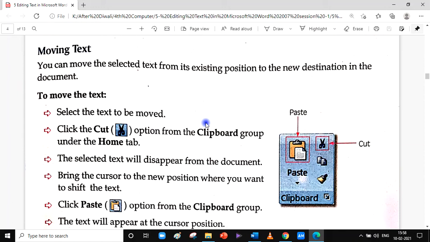But if we want to move it, like how we move a glass of water or a pen or pencil from one place to another, picking up that object and placing it somewhere else, just like that you can pick some text from one place in your Word file and change the position of that text, word or sentence to where we want it.